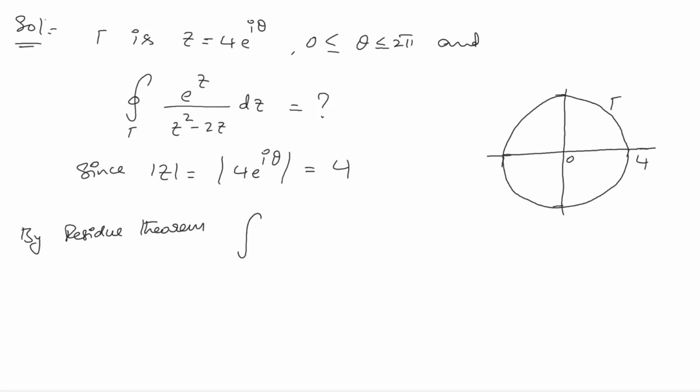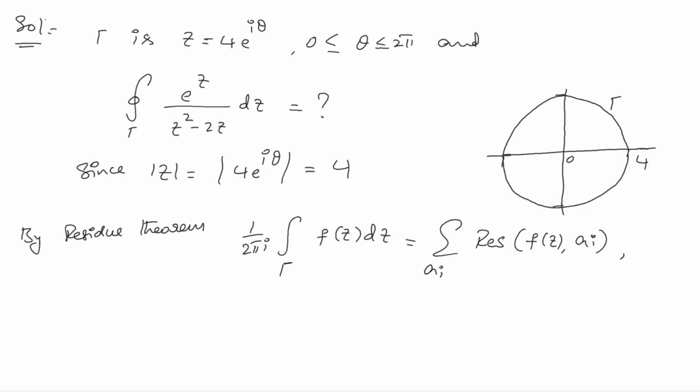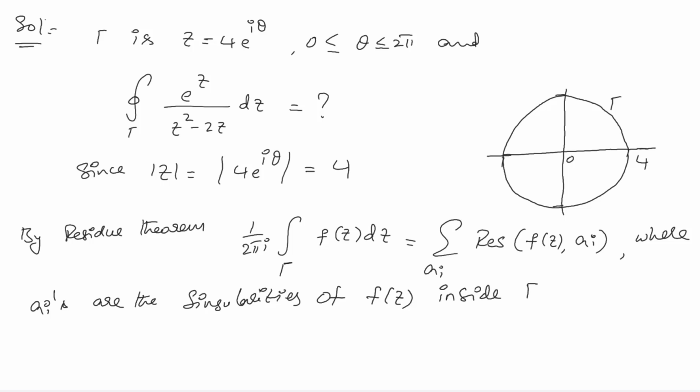which tells us that 1 divided by 2 pi i times the integration over any curve gamma, of course in this problem gamma is given as a circle, of f of z dz equal to the summation of the residue of f of z at the points a_i, where the summation runs over all a_i, where the a_i's are nothing but the singularities of f of z inside the curve gamma. So hence by this residue theorem we have,